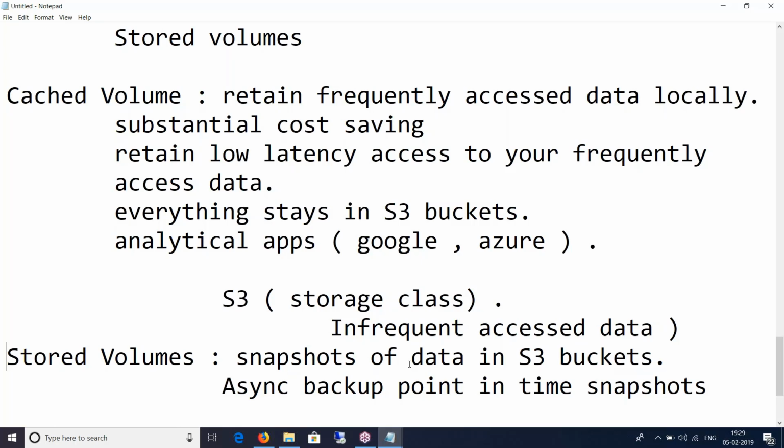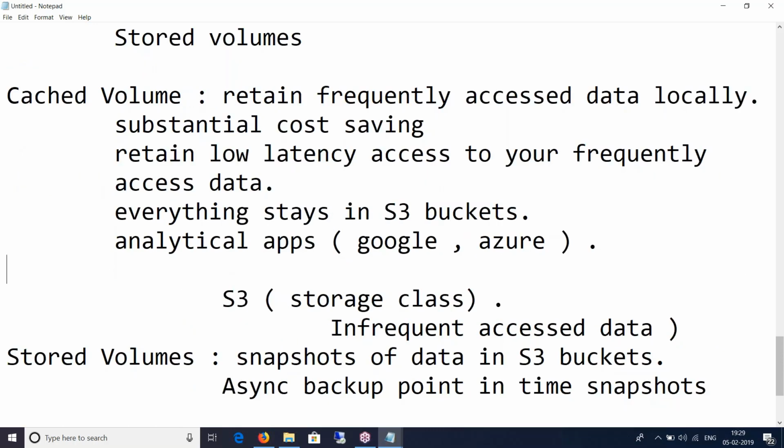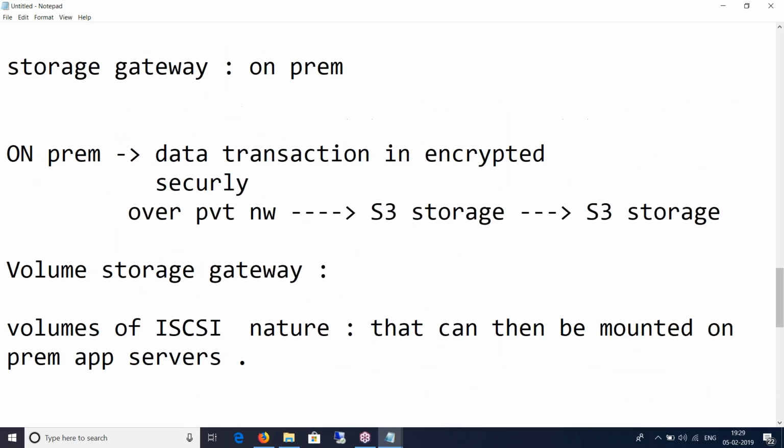So all in all, AWS Storage Gateway. Since in stored volume it is also iSCSI, and you told the data has to be stored locally, it seems to be contradicting, because in iSCSI the data should be in S3, right?